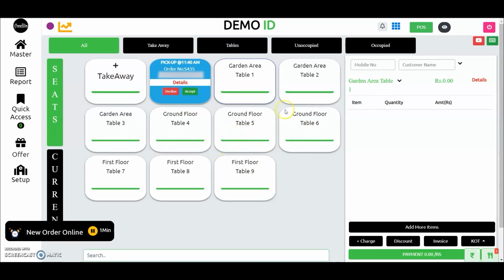One doubt that most people ask is whether this software works offline. So, let me clear that this software is cloud-based, but let's see what works offline. As we have seen, normal billing works offline. Just log in and disconnect. It will work offline. But if you want to take orders from customers or the chef, this will not work offline. In that case, internet is required.